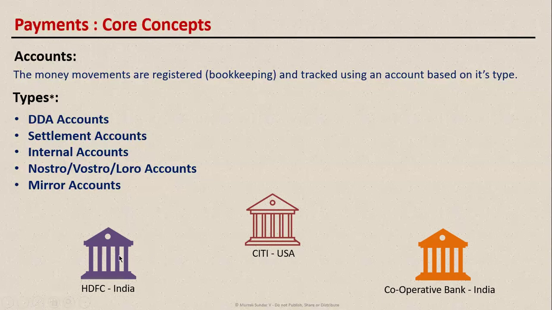For example, let's say from India, I have an HDFC, and in USA, I have a Citibank. And also assume that I have one small bank like a Cooperative Bank in India, which is smaller compared to HDFC. Now, I want to send funds to one of my friends in USA. I approach HDFC, and let's say at present they don't have the facility, but they say they will give me a facility soon. Assume that's the case. So in the middle, what happens is that HDFC will approach Citi